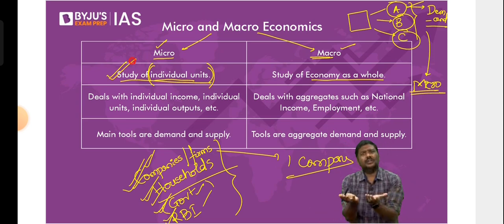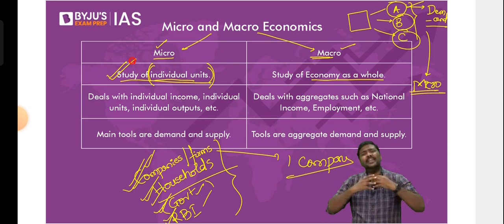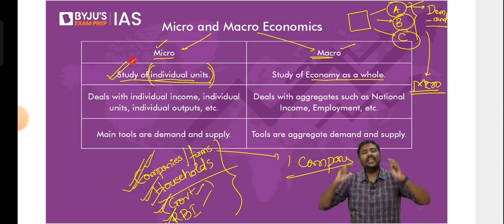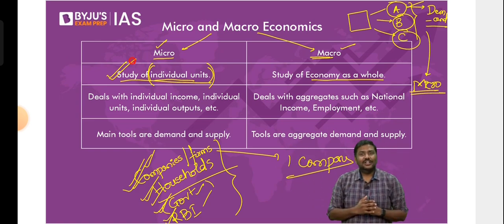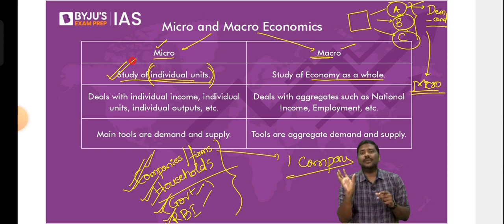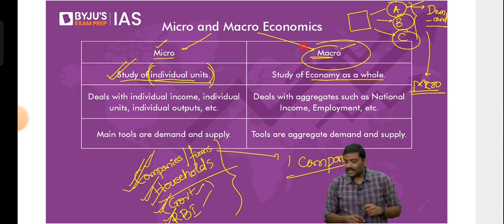And if you study the whole economy, for example, total production done in India, how much the Government of India is spending on the whole economy, how much expenditure is done by the government, and all of us put together, that is all the households in India, how much income we are earning, how much expenditure we are doing, then I'm not focused on an individual part of the economy. I'm focused on the whole of the Indian economy. So when I focus on the whole economy, that is called macroeconomics.